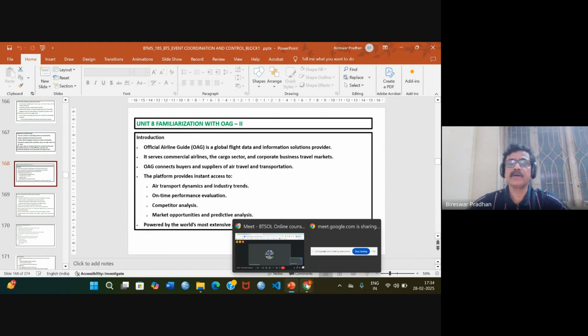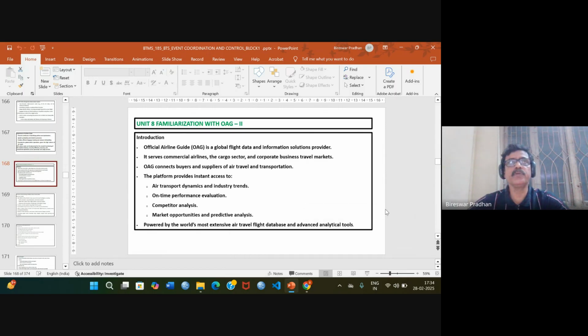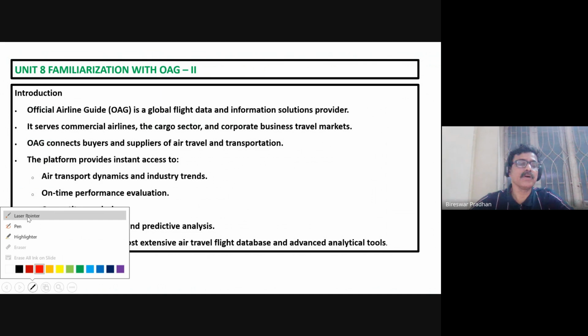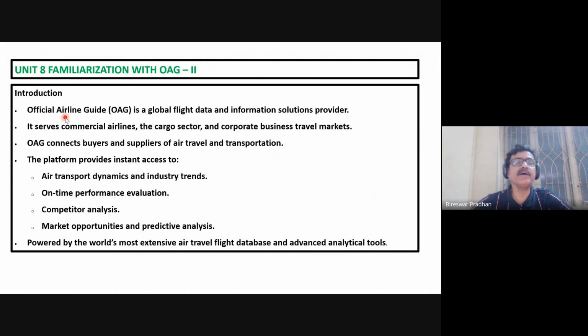Yesterday I completed up to unit number 7. Today I will start from unit 8, familiarization with OAG 2. OAG means Official Airline Guide,